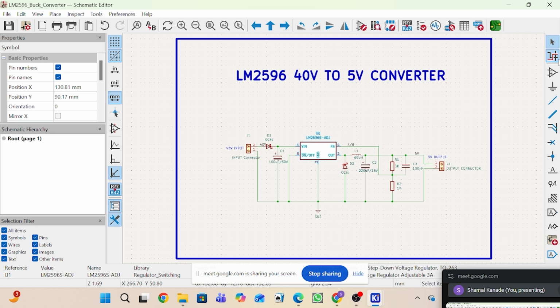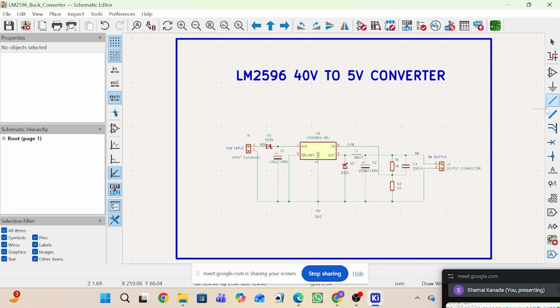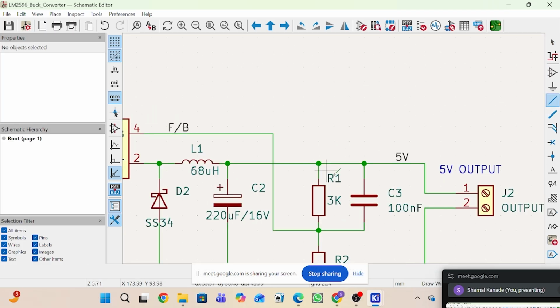कुछ भी छोटा मोटा डाउट होगा तो बताना, क्योंकि ये माउस हैंडलिंग के लिए भी थोड़ी गलती होता है। मैं बताती हूँ, एक गलती हम क्या करते हैं, वायर को सिलेक्ट करते हैं, फिर सपोज मुझे वायर इधर से इधर लेके जाना है, तो मैं यहाँ पे क्लिक करती हूँ, वायर यहाँ से आ जाता है, लेकिन ये वायर ड्रॉ करने के टाइम पे मैं माउस का बटन भी क्लिक करके लेके जाती हूँ, लेकिन मेरा वायर उस टाइम पे ड्रॉ नहीं होता है।